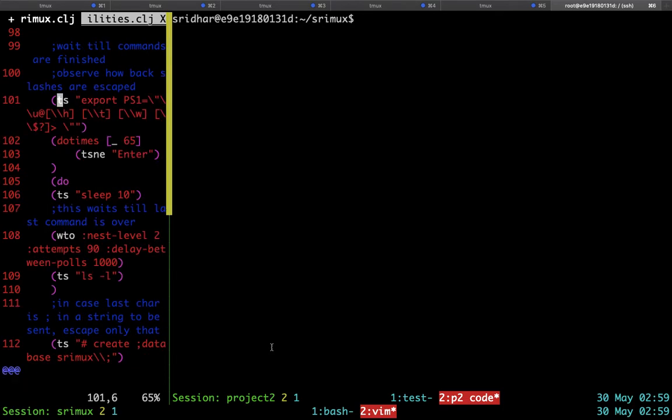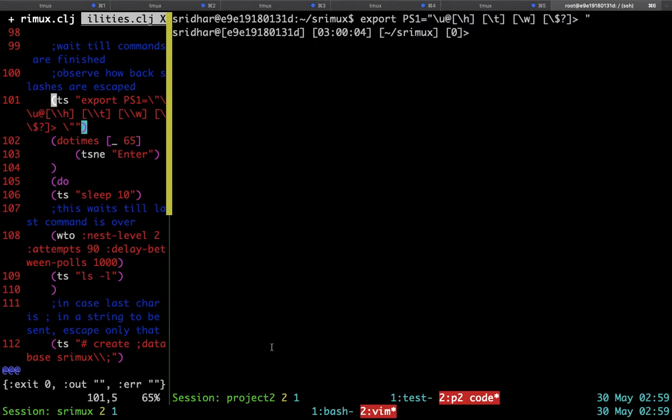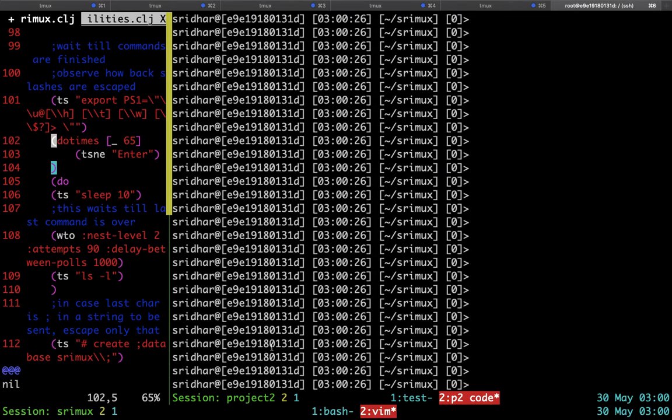So when I hit CPP now, you'll see that the prompt changes on the right side. Great. So WTO also requires your pane buffer to be filled with many prompts so that there are no blanks like the one that you're seeing right now. So we do that very quickly. We go here and basically enter 65 times with just one keystroke. Great. So now we are ready to actually execute the